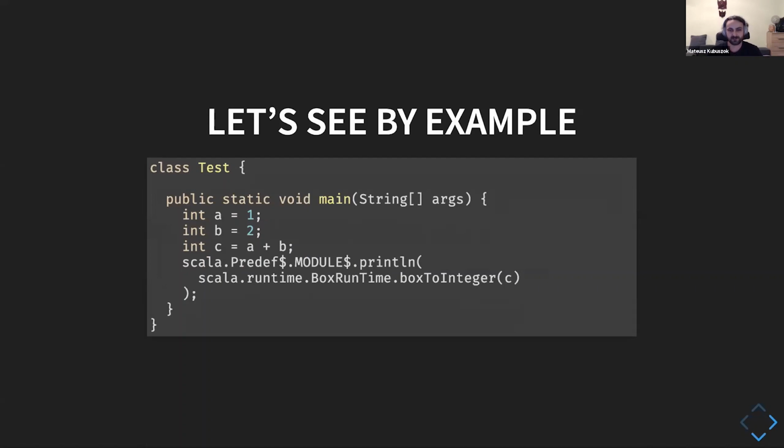Basically, the JVM prefers us to use objects and instances of objects instead of global functions, methods and variables. So when we have an object in Scala, it is basically defined as a module field within its class, making it kind of a global that we can access globally. But why do we need this Scala Predef?